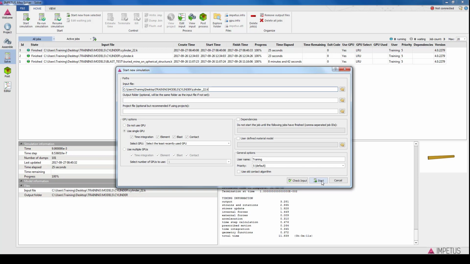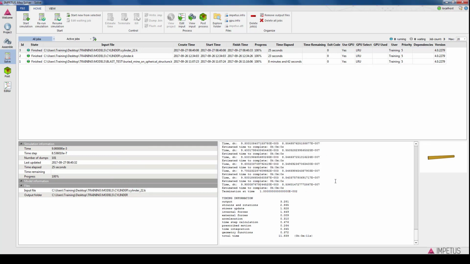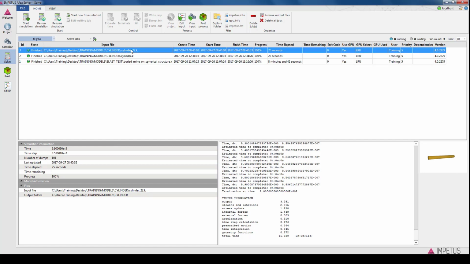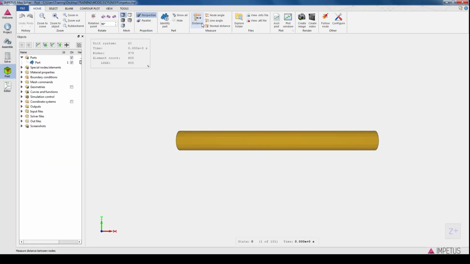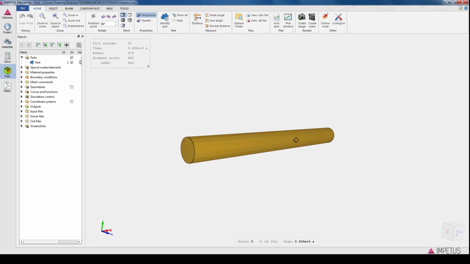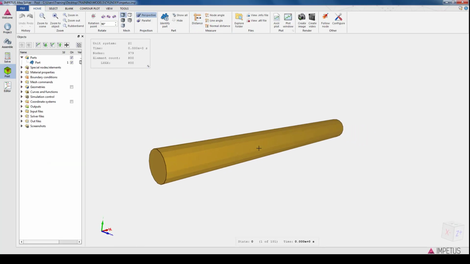Right now we'll go back and we'll look at what is behind this dialog box, which is the queuing system. That's the list of simulations that have been running. We can highlight any of them, and we can check the results, for example. In the top menu here, there are different queuing system options. For example, we can kill a job when it's running, and we will also have a tutorial that will show you more about that. If you now go in to look at the post-processing icon here, we can go into